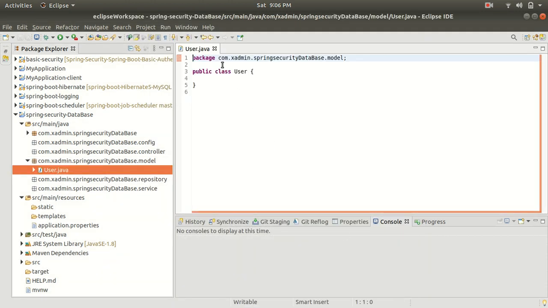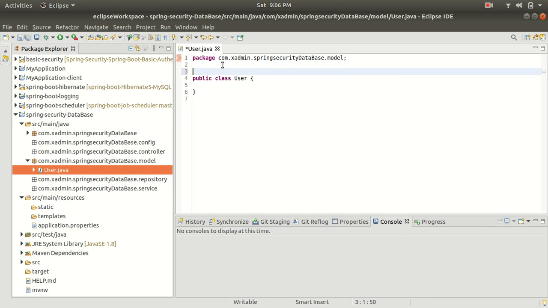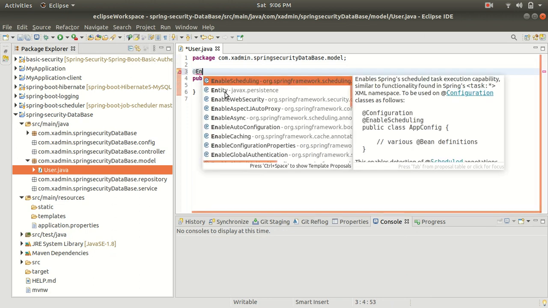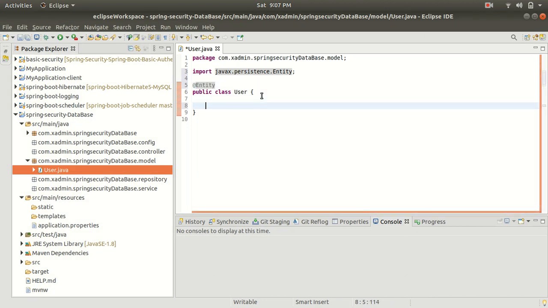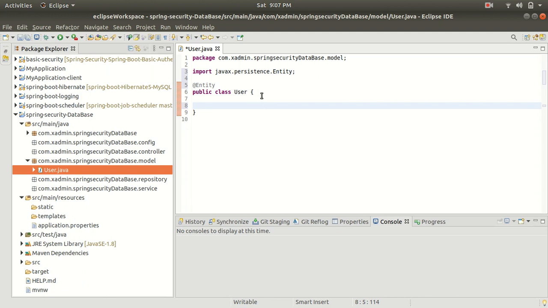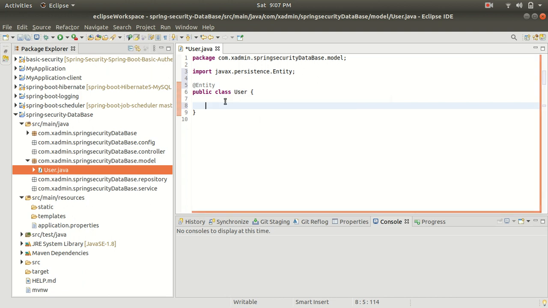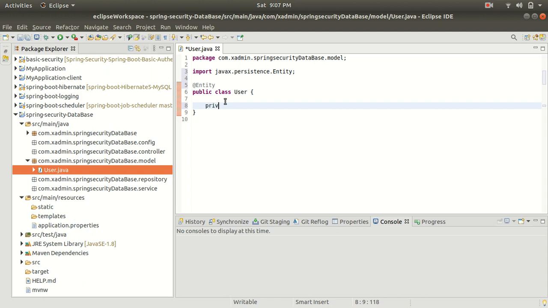So this is our user class. Mark this class as an entity class to make it an entity. So guys, it will create a table with the name user inside our MySQL database. So here the user class has the following properties, like private int userID.